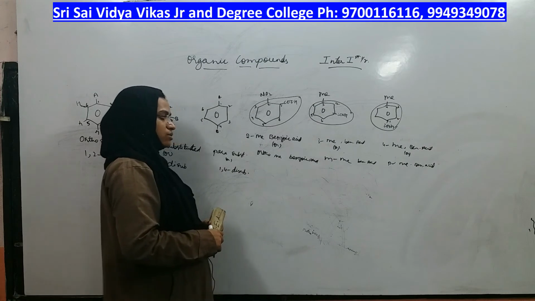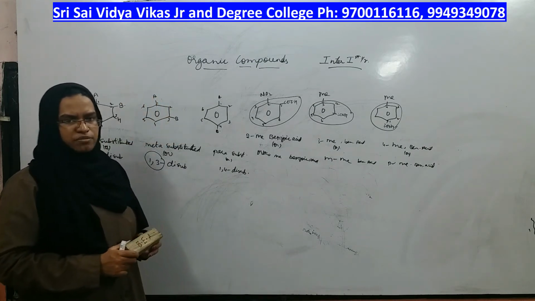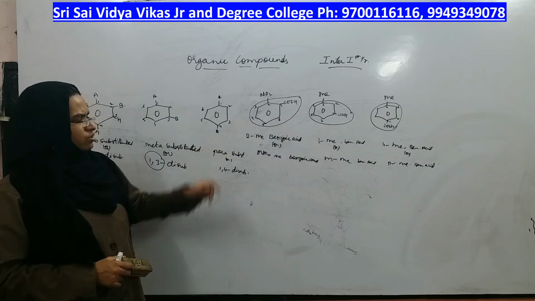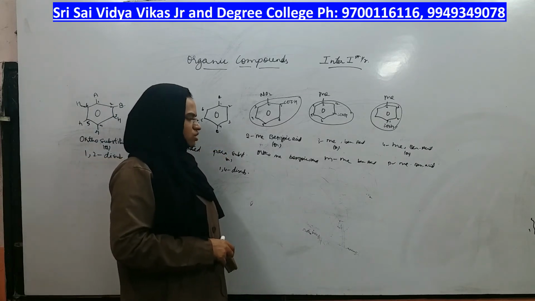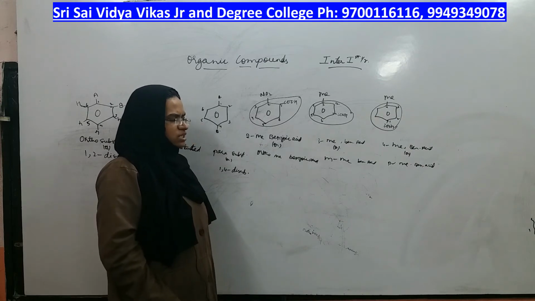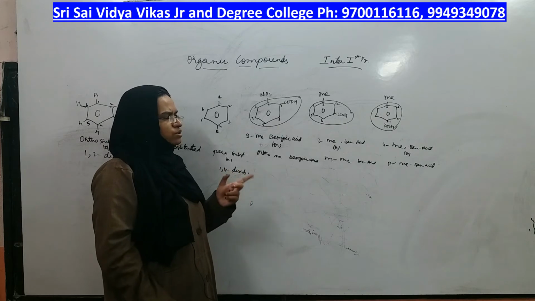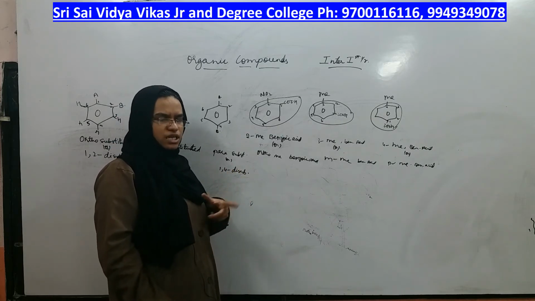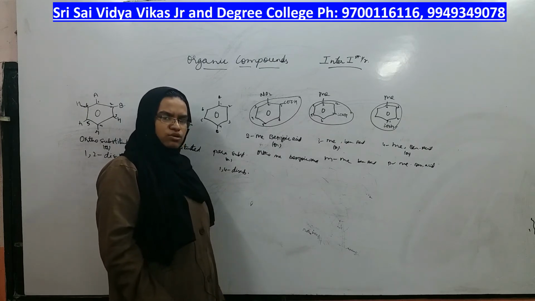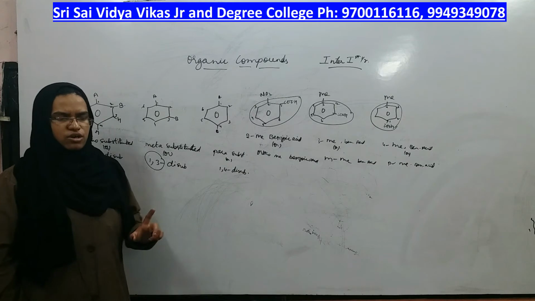Even if I take amino group also, it is less important than carboxylic acid. You know that from the previous series. So, 2-amino benzoic acid, 3-amino benzoic acid, 4-amino benzoic acid, or orthoamino benzoic acid, meta-amino benzoic acid, para-amino benzoic acid. Whatever groups you are taking, you should be able to assign the priority correctly to that functional group. Then only your name will be coming correct. Otherwise, you will get the wrong name. Okay.